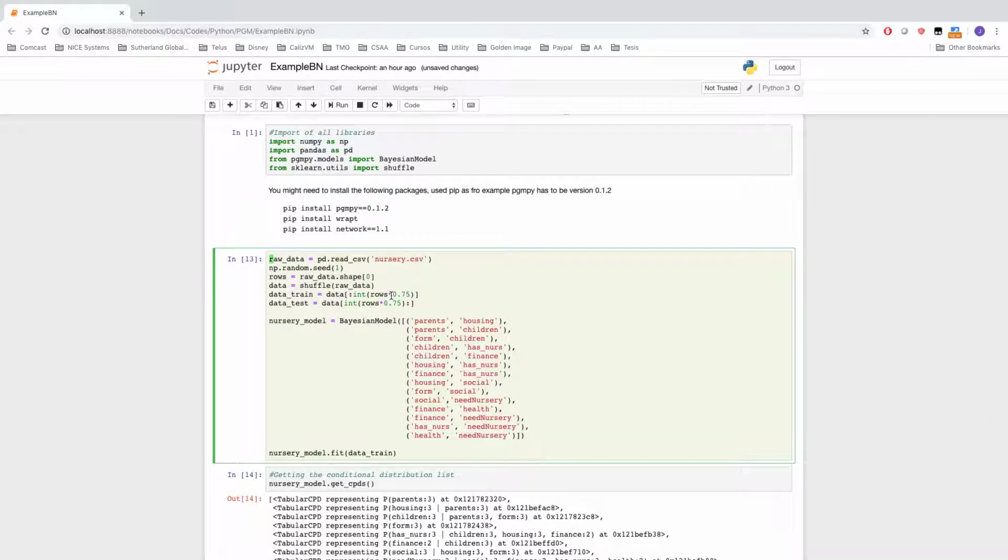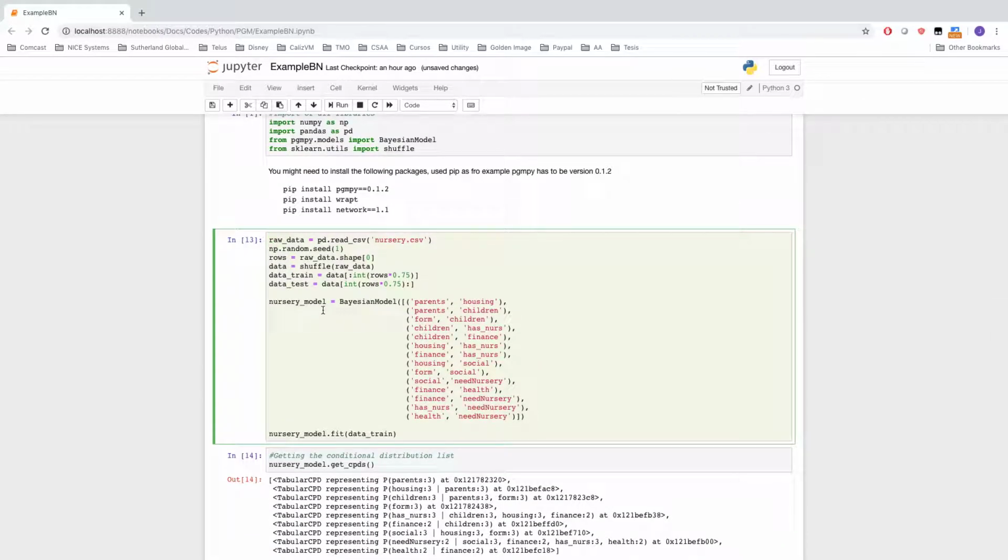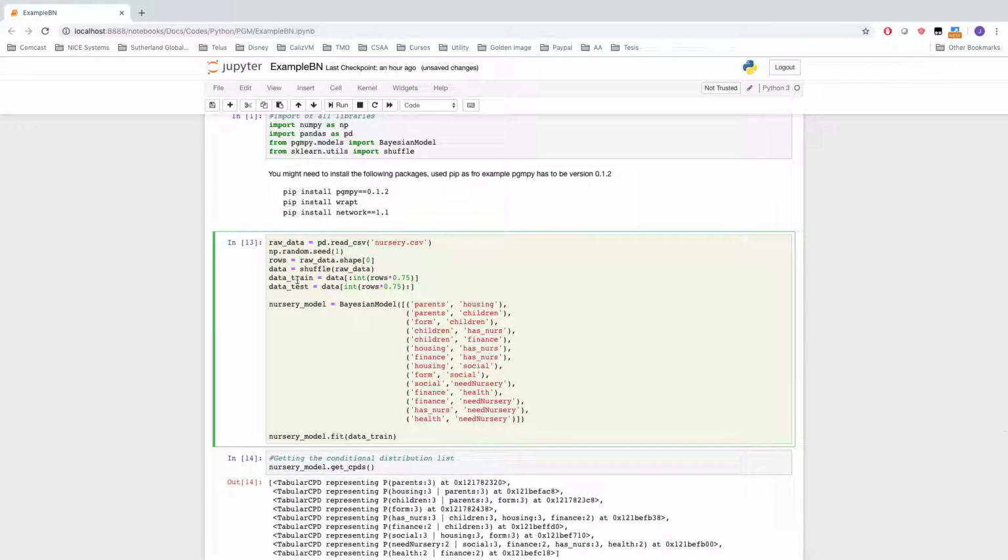So in this case, what we're going to do is shuffle the data and split the data. 75% is going to be for training, and the other 25% is going to be for testing. I left this random seed, so the shuffle is going to remain the same no matter how many times you run it,